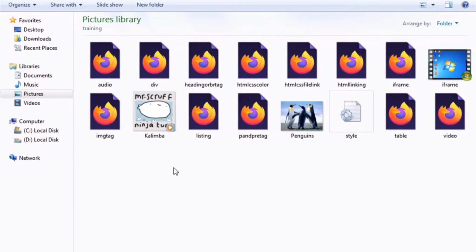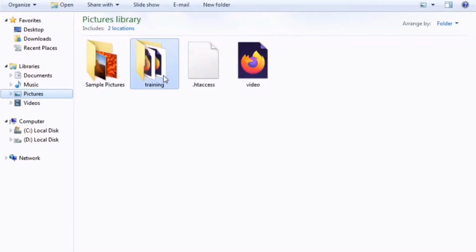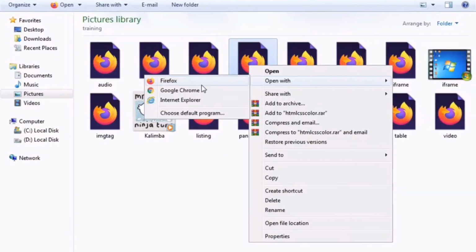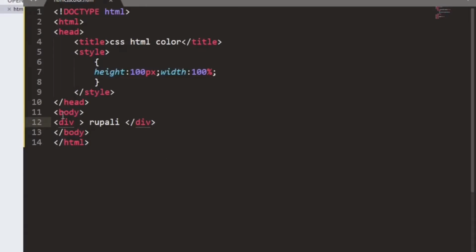Suppose I am opening my file in Google Chrome. So this is the name written here, Rupali, which I have mentioned in the div.